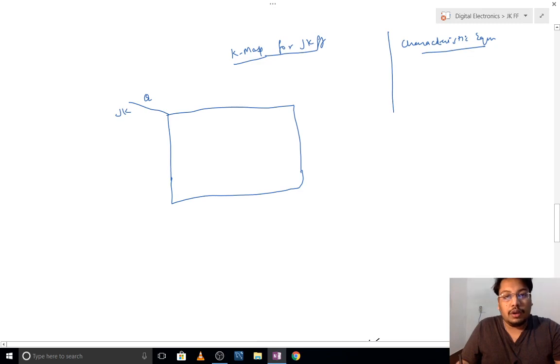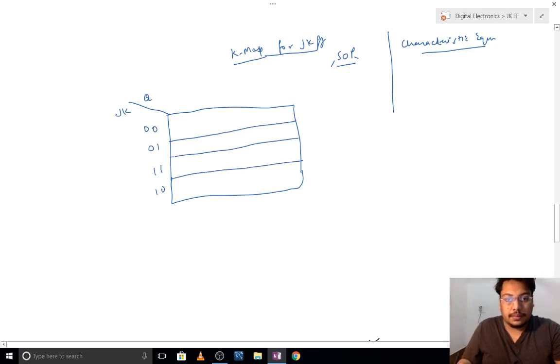So how many combinations will be there? We will be making it in SOP format, that is sum of products. Okay, so 0 0, 0 1, 1 1, 1 0. And here it will be 0 and 1, which is called Qn bar and Qn.